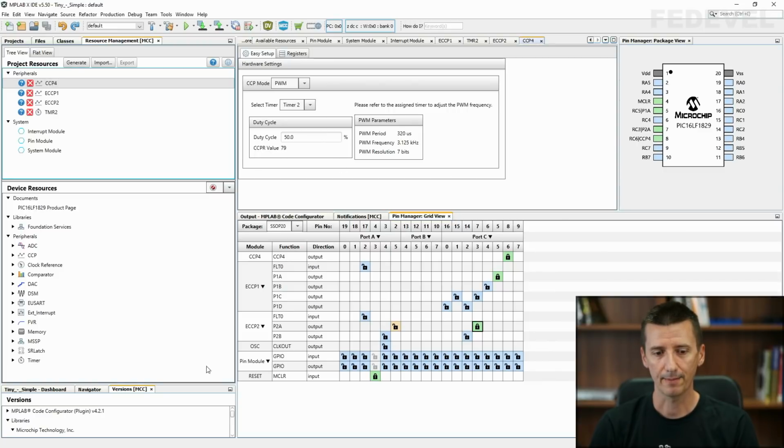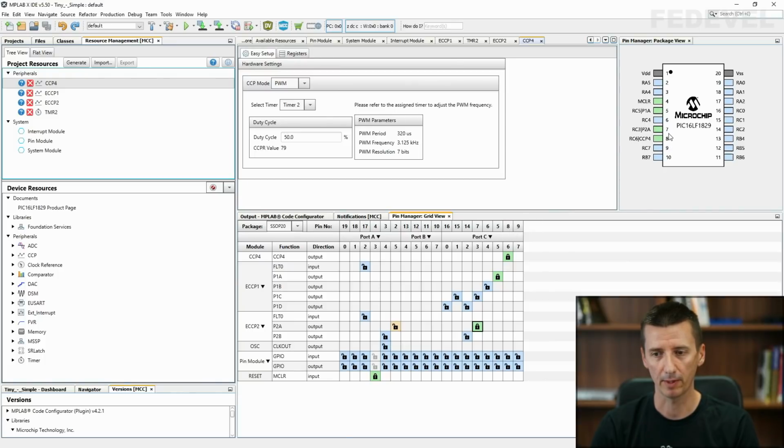From this table, you can very nicely see if we have connected our schematic correctly. So basically, in this table, you can see that the PWM output from the CCP4 module is going to be on pin number 8 of our microcontroller.